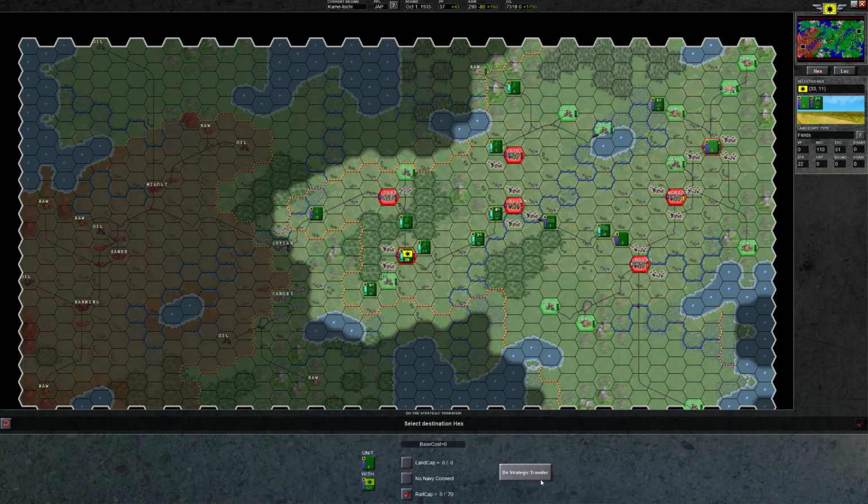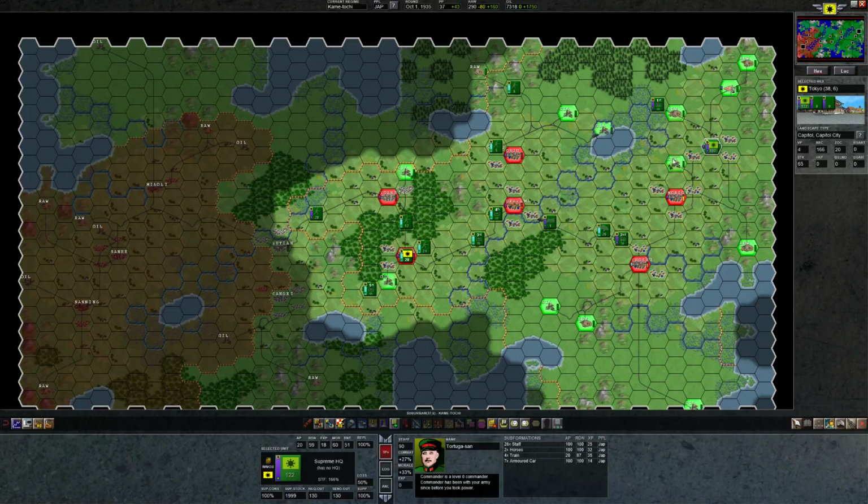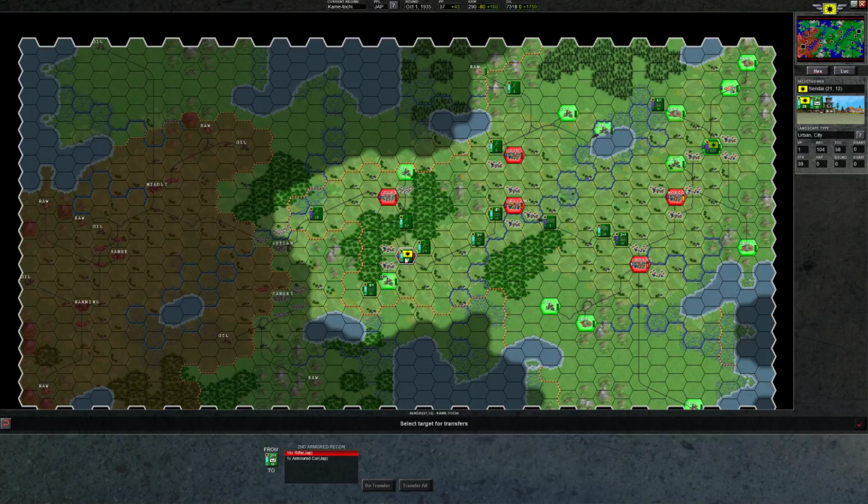Strategically deploy this here because it's just a blank division. So we have 2 blank cards there. I think we'll switch this guy's headquarters. And actually, I'm going to do something weird. I'm going to transfer